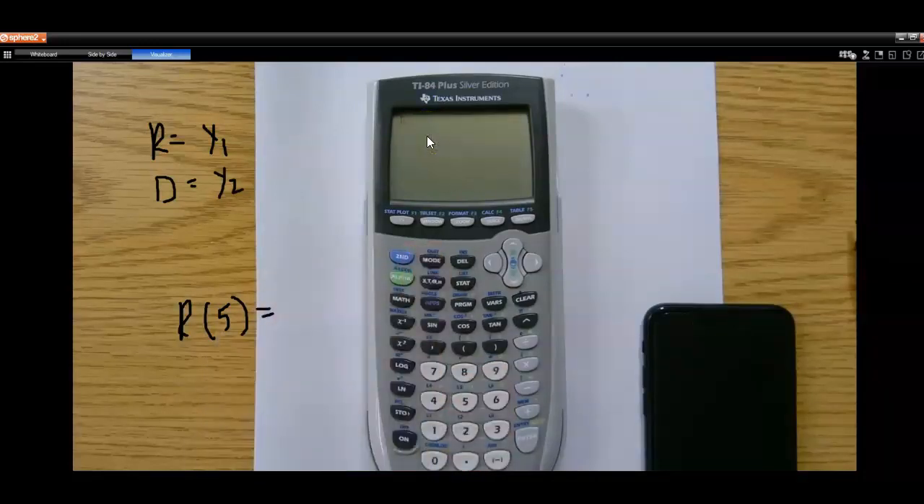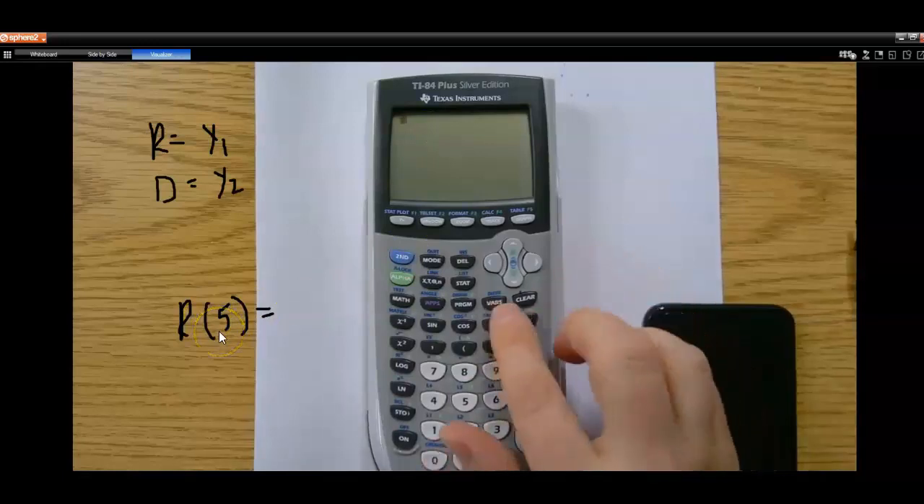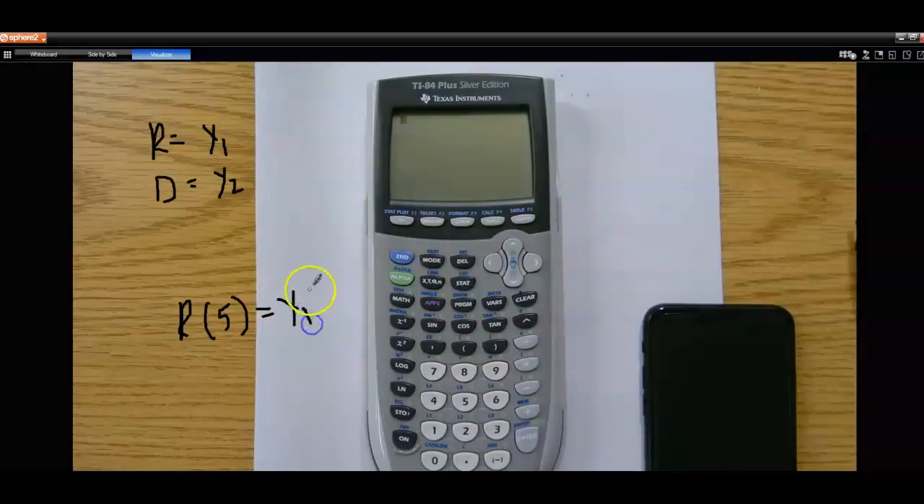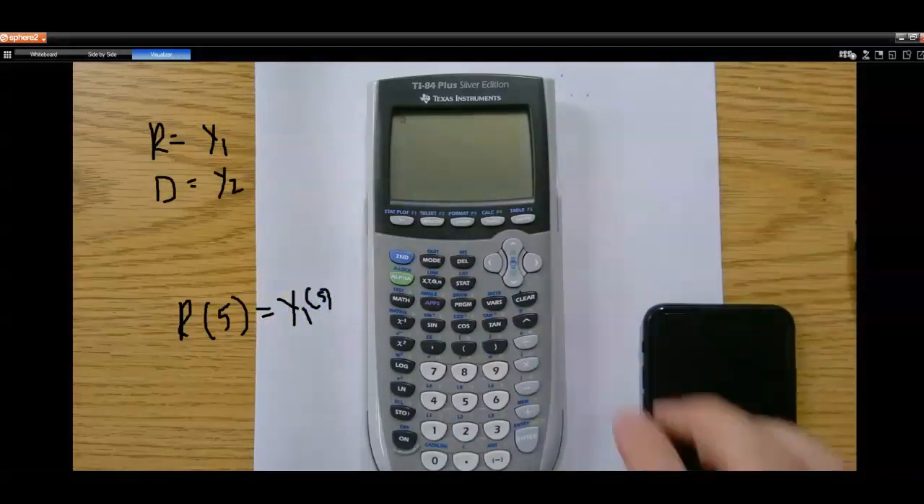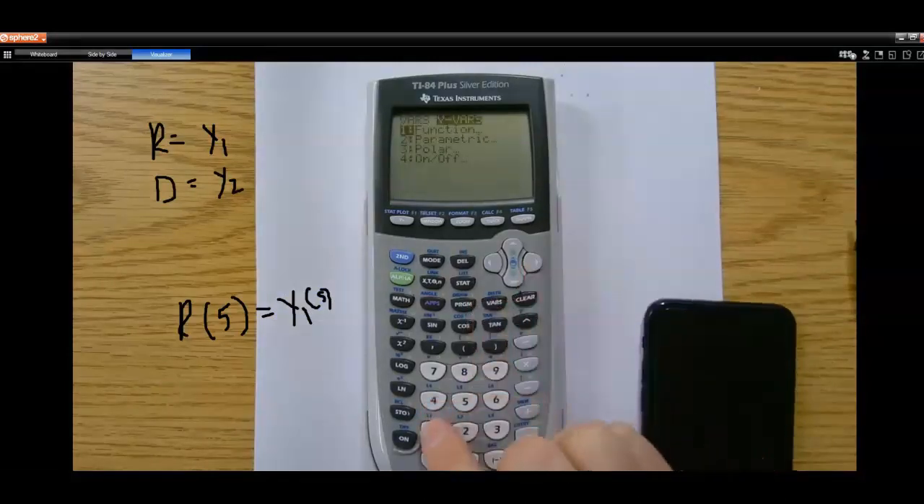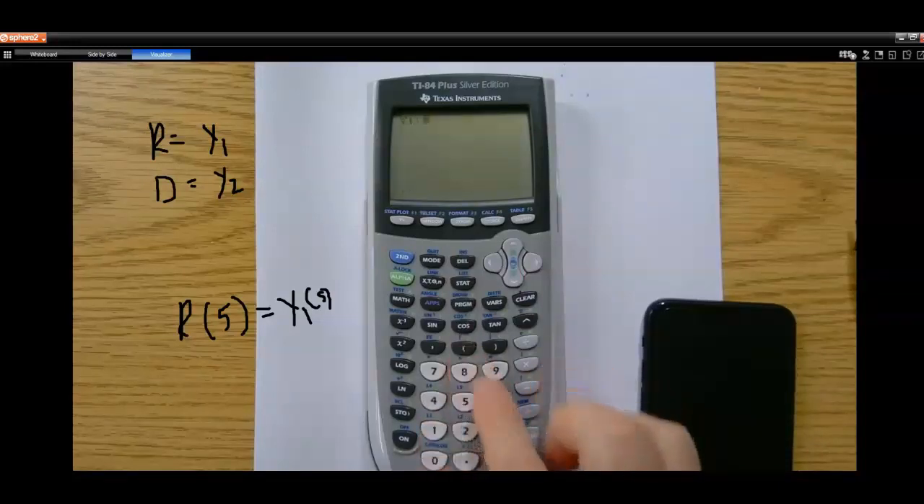All right, so now I'm ready. How do I find R of 5 using my calculator? Hopefully you guys know this, but I'll go through it again. We're plugging 5 into the R function, so I basically want y1 of 5. How do I type that in? We push vars, go over to y vars, push 1 for function, and choose y1 because I want my R function. Then I put 5 in right next to it. And that gives me